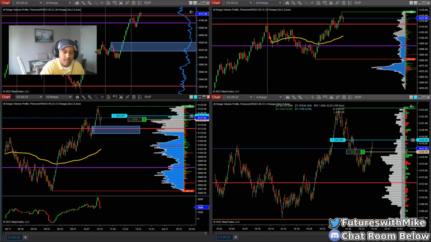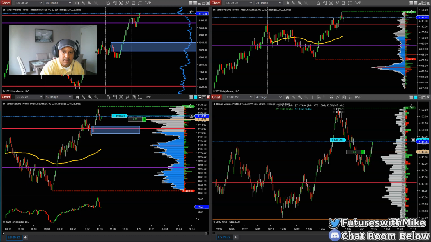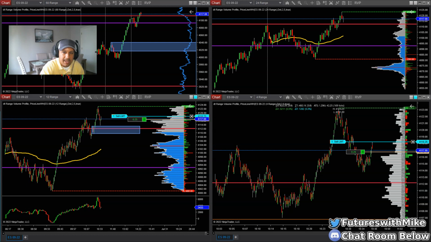So it could pull back. I don't really want to see it. It could actually come down to this area here lower, so I have to be mindful of that as well. Let's see if we can get filled here. One more tick, come on. It's bouncing for me. So, okay, I might just go ahead and take it. Look at it. Pull back that hard.